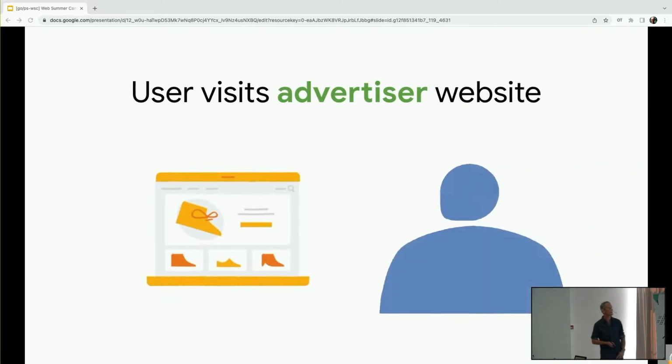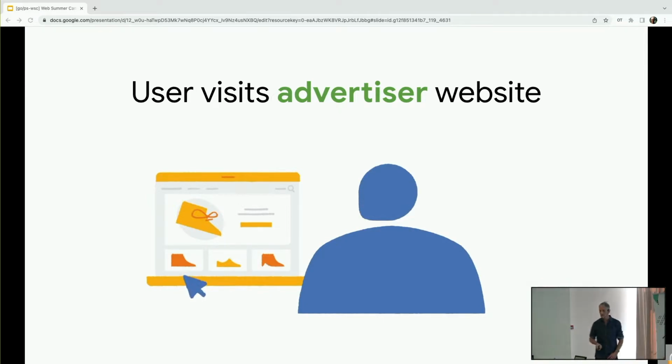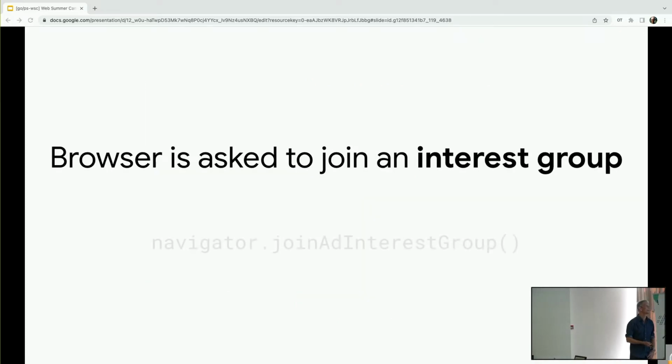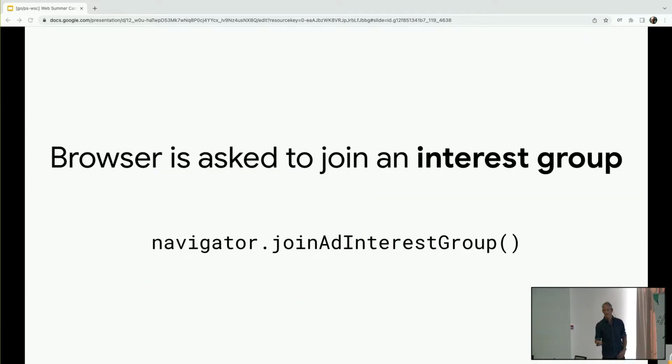Let's just go through this step by step. So the user visits a website. I'm going to show some code, but don't worry too much if you're not a coder. Imagine this user visits a website and does some browsing. The browser can be asked by an ad tech platform to join an interest group. That might be something like trail running shoes.